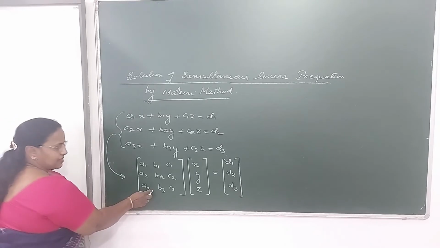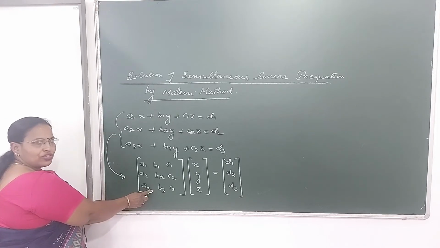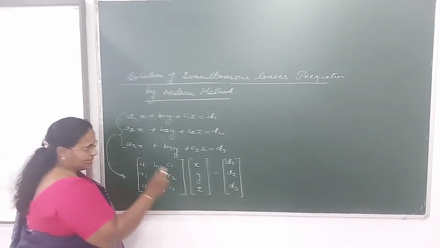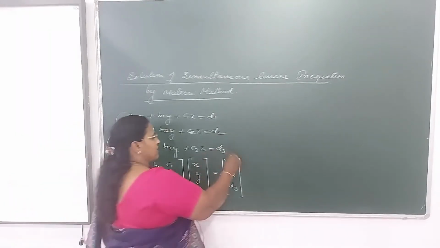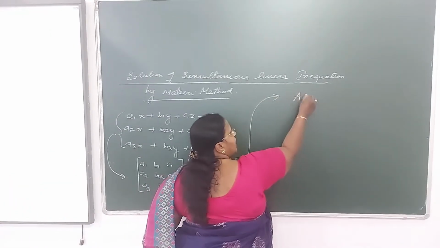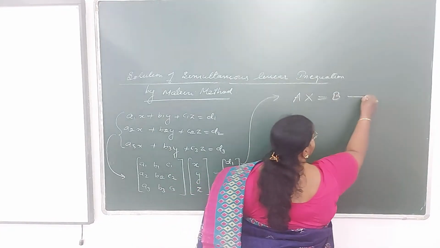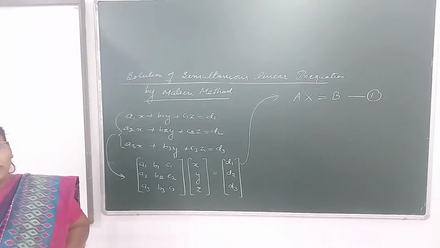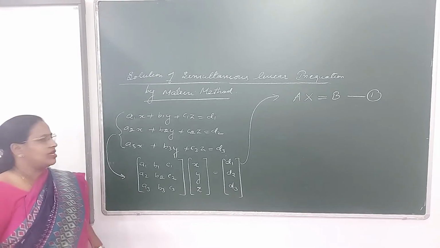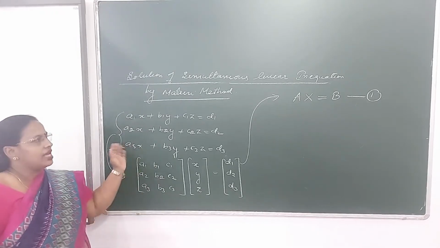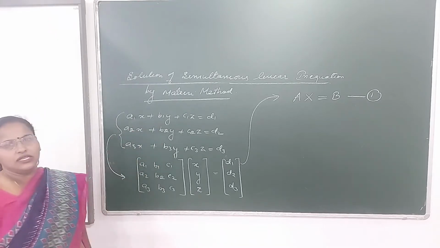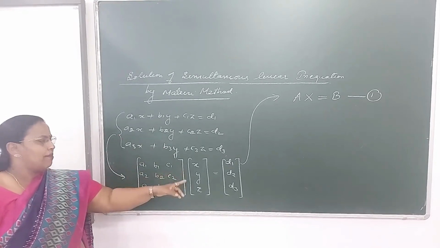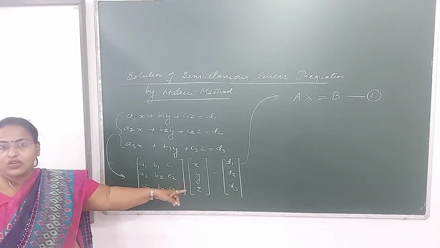That means all these three equations we can write in this particular matrix form. So let this be matrix A, the square matrix of the coefficients of x, y, z. The column matrix, let it be termed capital X, and let this be B. That means we can write this as AX is equal to B. Let it be equation 1. So this is the first step. What is the first step? You will write the equation in the form of the matrix equation AX is equal to B, where A is the square matrix of the coefficients, X is the column matrix of the unknowns, and B is the column matrix of the constant values.